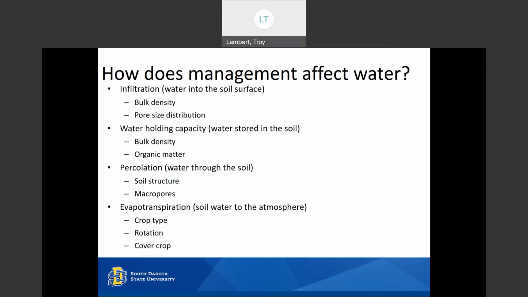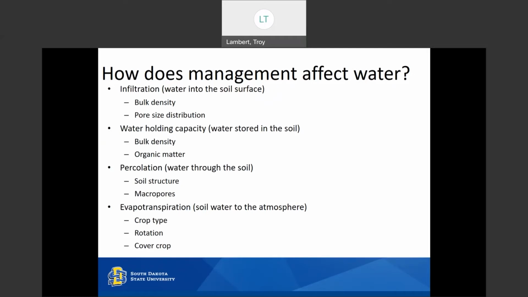Bulk density and pore size distribution significantly affect the infiltration capacity of the soil. What affects bulk density? Traffic, not like traffic on the street, but driving through the field, right? Tillage affects bulk density. The type of crop we have, the amount of crop, the timing of the crop, lots of things can affect bulk density. And same with pore size distribution. Pore size distribution is basically the amount of open space we have in the soil. So if we have a very crushed soil, there's not a lot of space for water to be held in that soil.